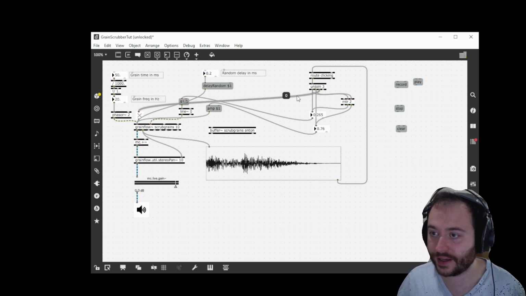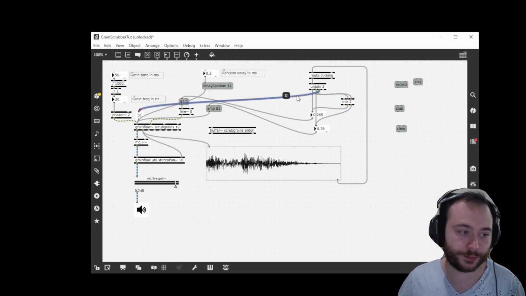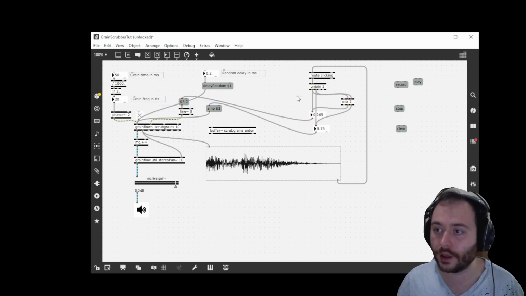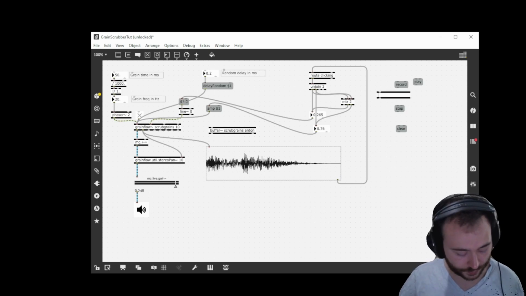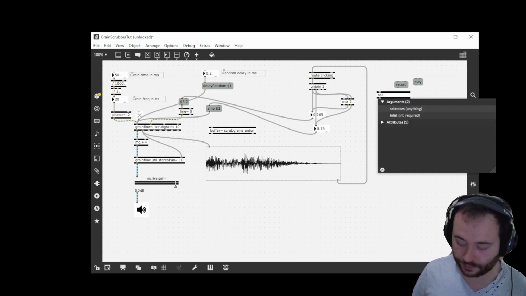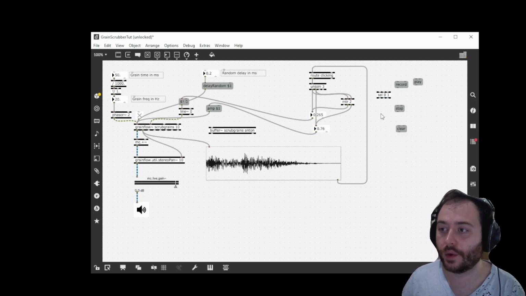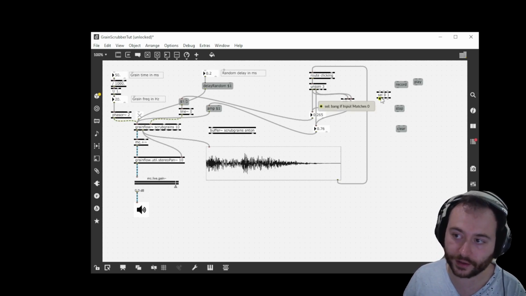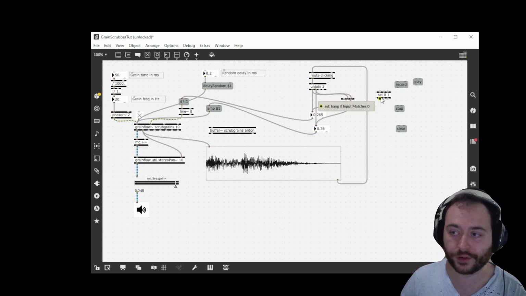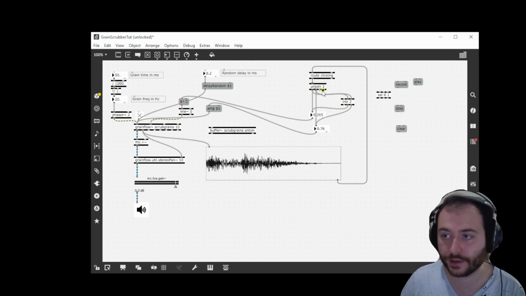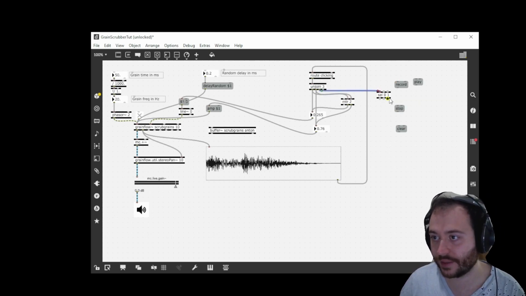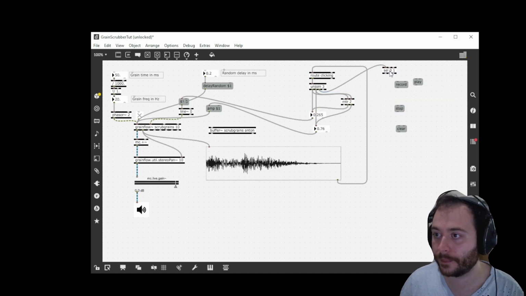So instead of having our mouse click turn on and off Grainflow, we're going to have it set the recording. So I'm going to make a select object, 0 and 1. So if it sends a 0, so the mouse is not clicked, it will bang out of this first one. If it is clicked, a 1, it will bang out of the second outlet. So I'm going to connect this here, this up,